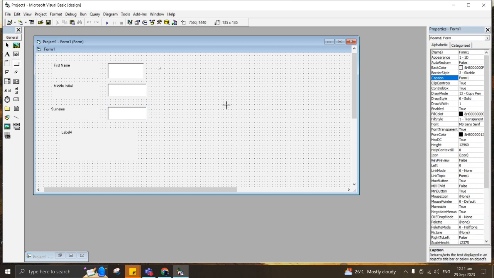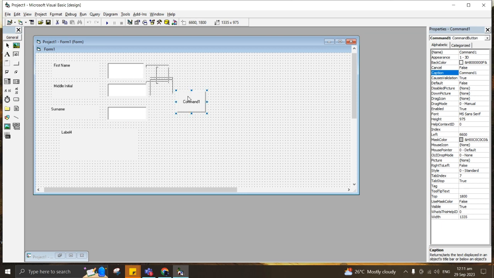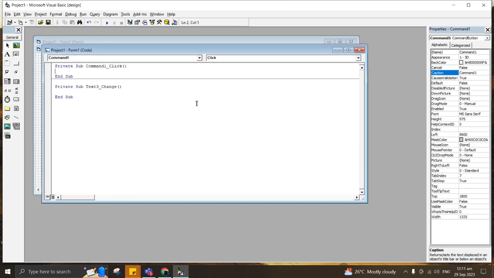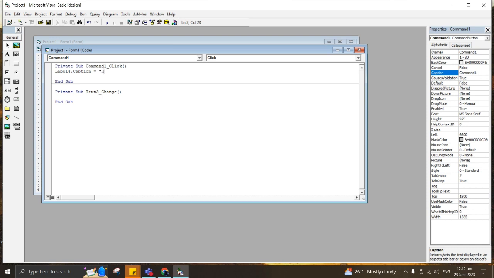Tapos, command button. Sa command button natin ilalagay yung mismo command para gumana yung label 4. So, kailangan natin ilagay yung label 4, yung output, tapos caption, letters, equals yung kung ano yung gusto natin i-input. So, sabihin natin, hello. Name is